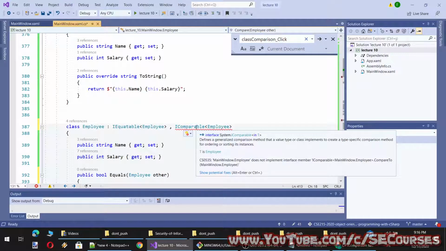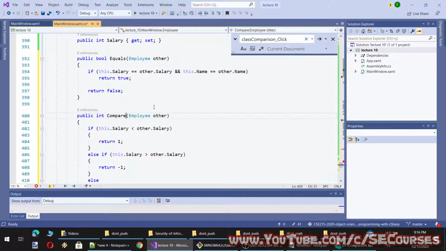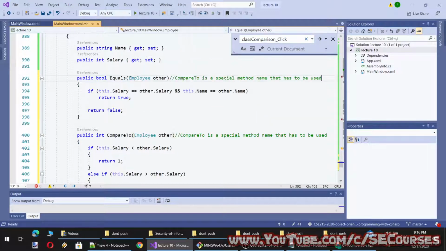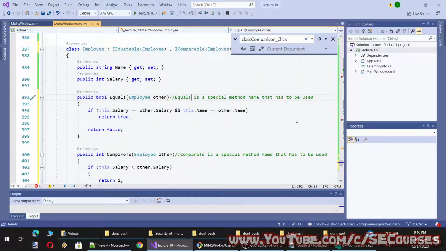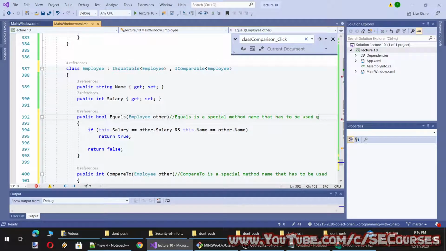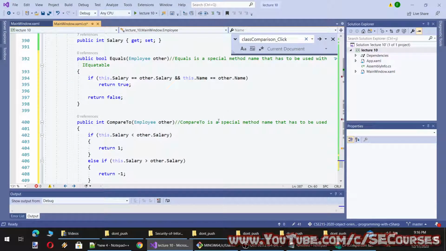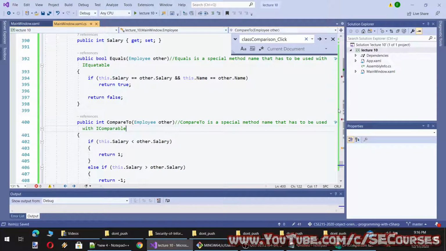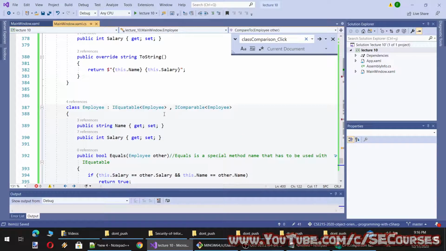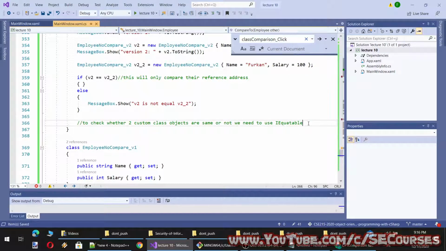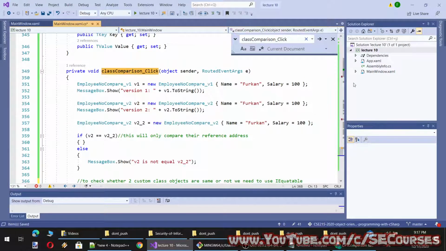It says CompareTo, so it is expecting a special keyword. And now I can show you how we can check whether they are the same or not.